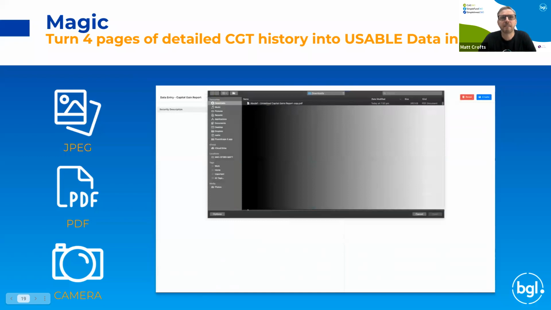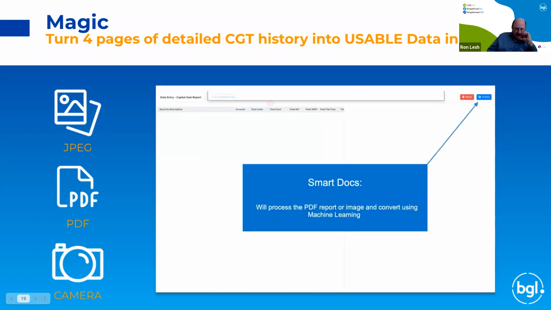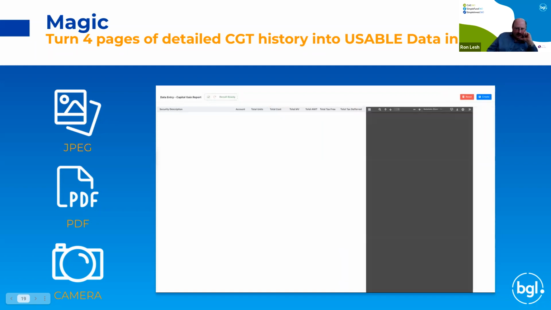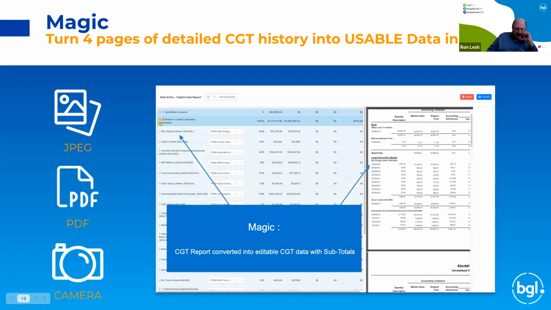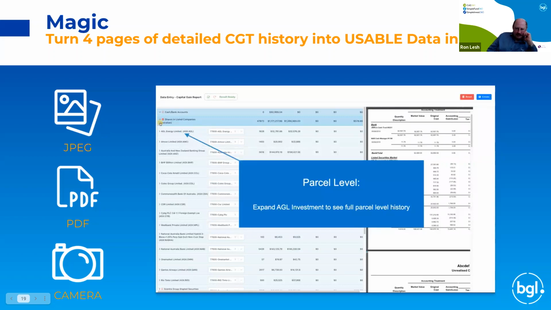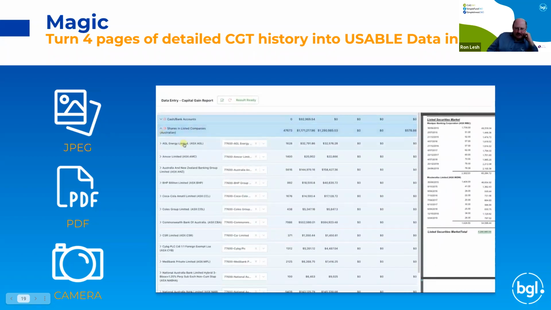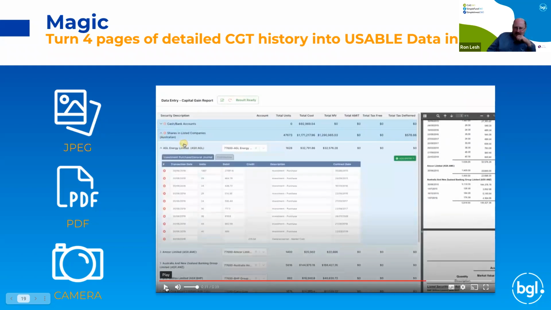Yep, you can import this straight into Simple Invest 360 or Simple Fund 360. It will then read the schedule and create the transactions. And like you saw with the bank statements, you can click on one and it picks it up on a parcel level. You can click on a parcel here and you can see that parcel in the PDF. So it's actually a brilliant use of the technology to make it easy to bring in all your investment history. Makes it really easy.